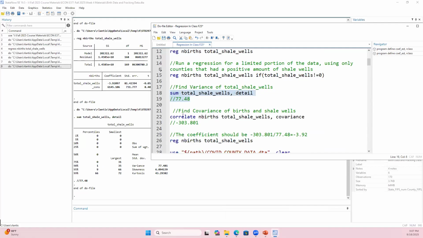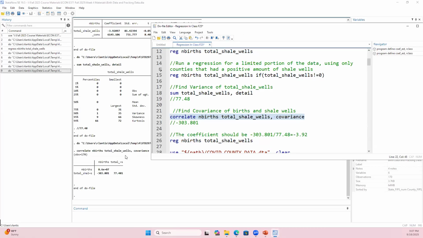I then look at the covariance. We said we could use the correlate command and then comma covariance here. There was also a way to do it from the statistics, the user-friendly way, but I had this already in even the last do file. I'm having it here so I can look at what that covariance is. It's negative 303.801. If I take 303.8 divided by 77, and you can verify this,